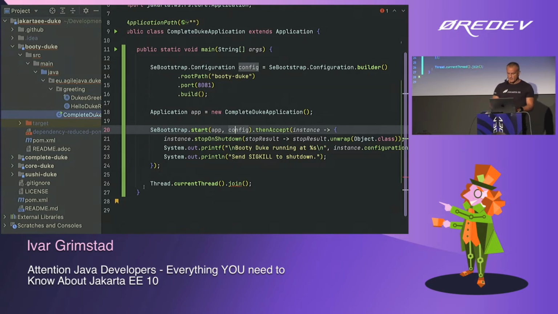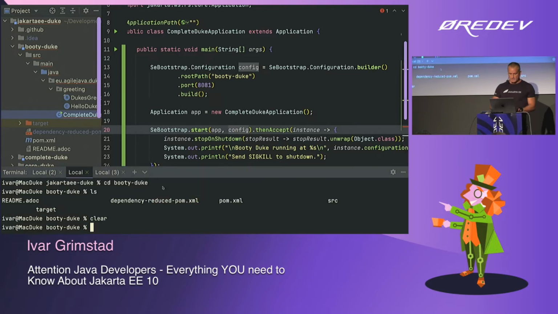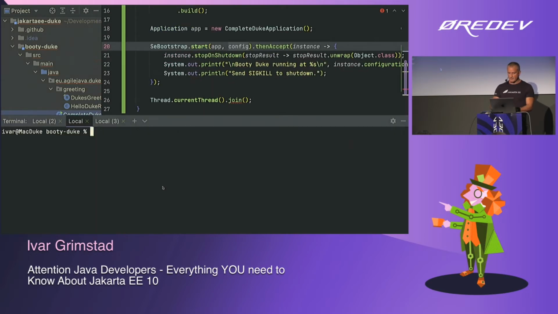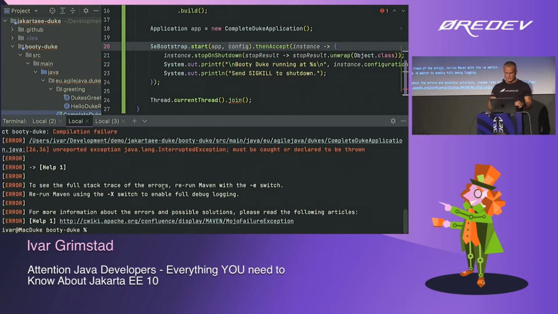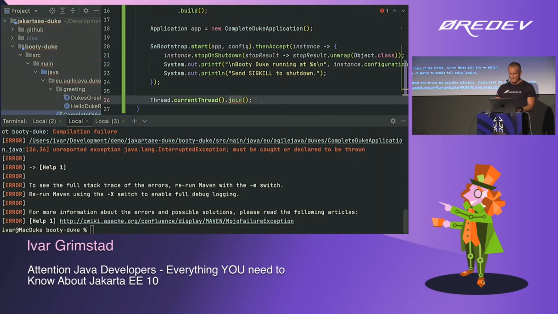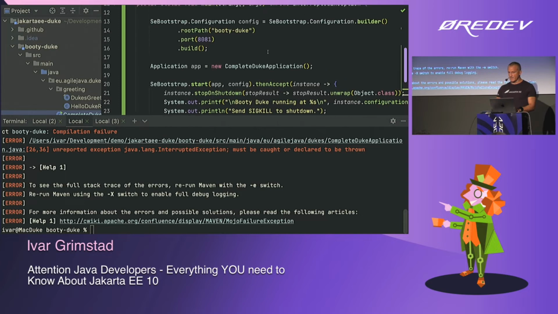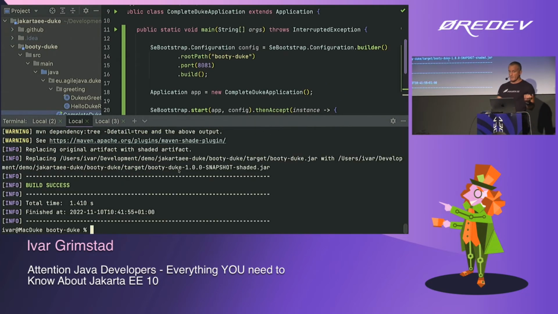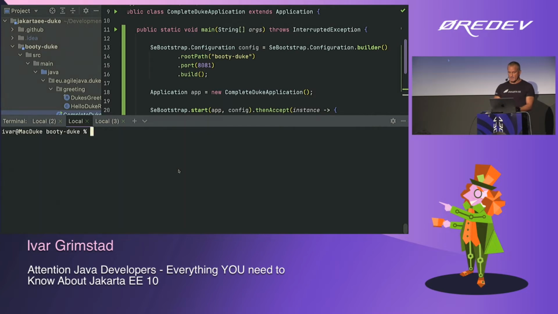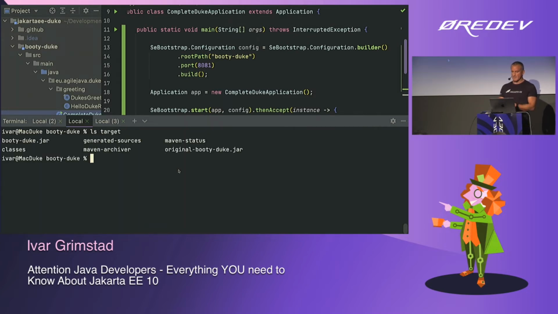So to run this one, let me see here. I'll just go a little bit up. So we have Bootadook here. I'll just Maven clean package to build it. Oh, sorry. Yeah, so I have to add the interrupted exception to the method signature. So I'll build it, and when it's built, you can see I have the Bootadook jar here, which I can